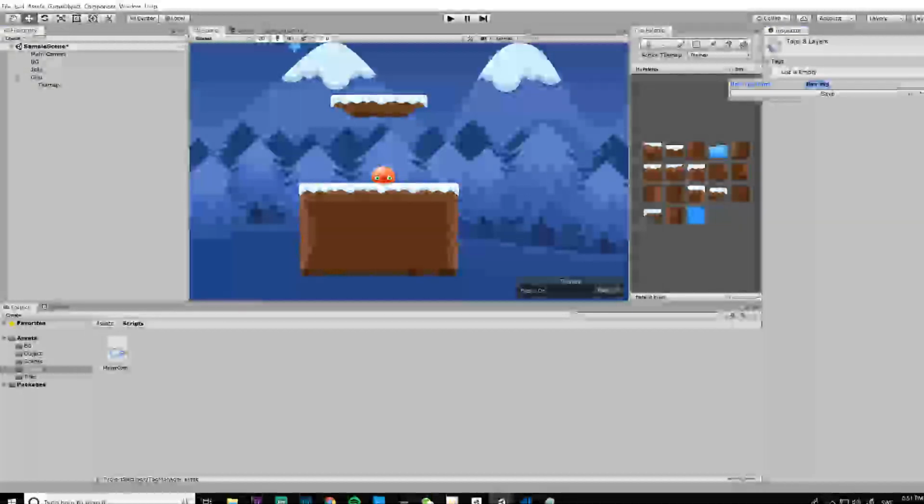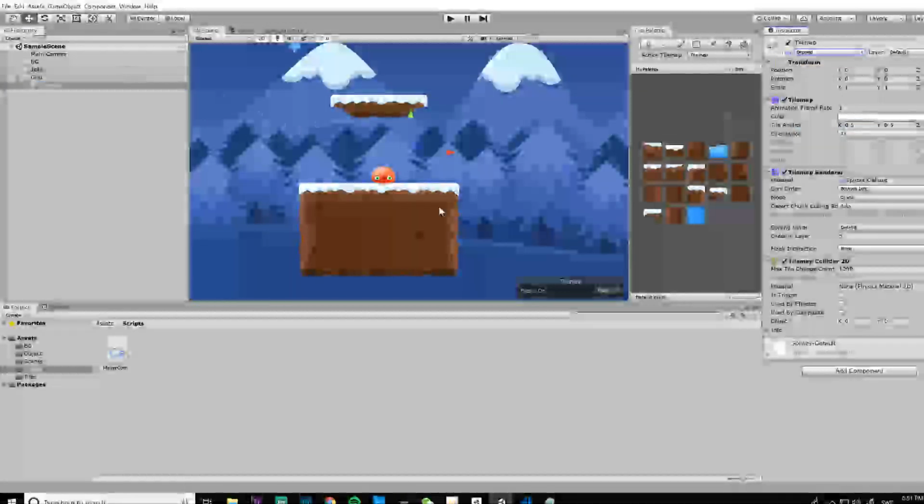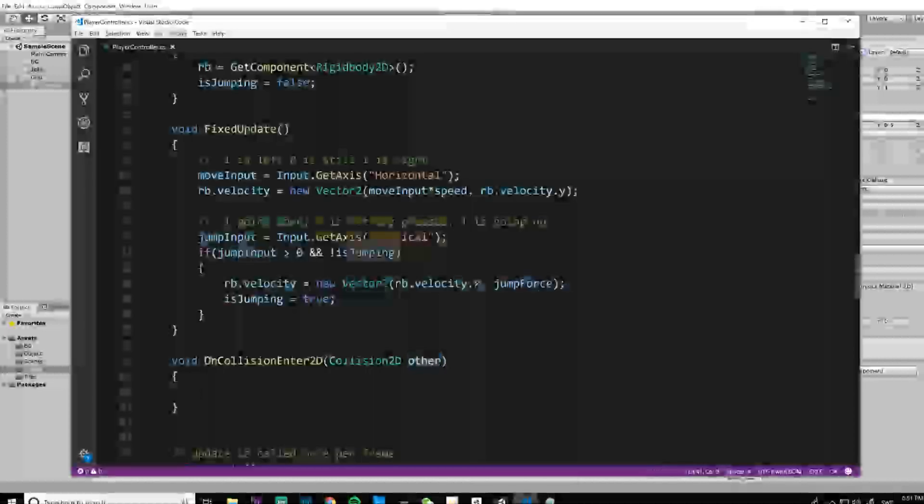So click here and call it ground. So we're gonna add a new tag and we're gonna call it ground. Very good. And now if I go to the tilemap again, I can select ground here, so that if we collide with the ground, we will be able to detect it, and we will be able to detect it very easily by